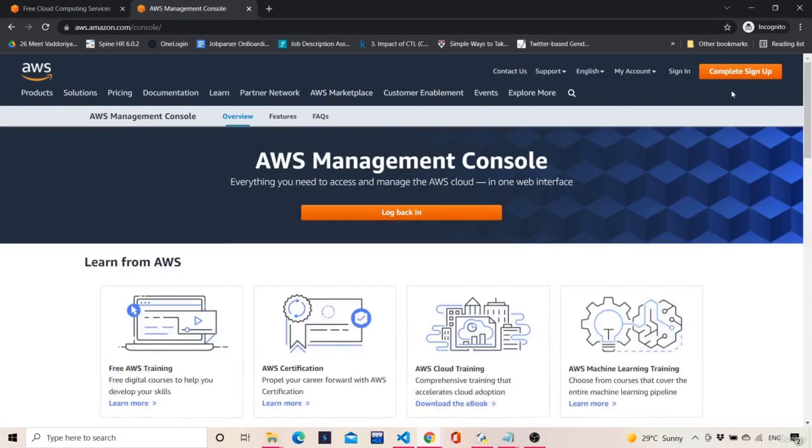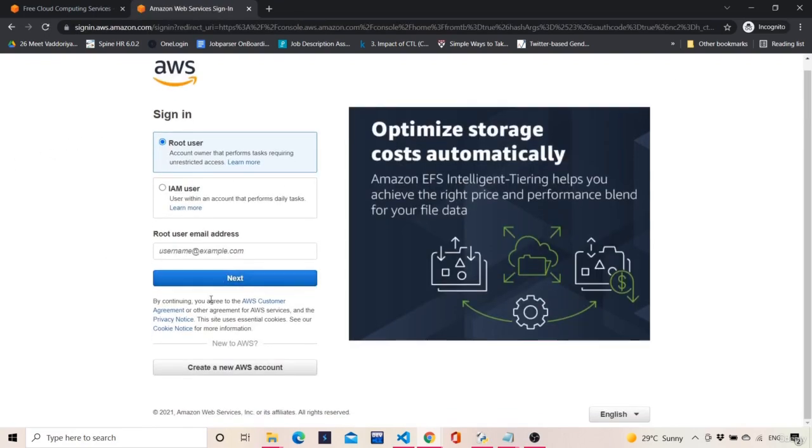Just click on it, and if you are a new user, then please sign in, fill in all the details and press next. At the end they will ask you to credit 1 or 2 rupees, so that they can check whether you are a valid user or not by crediting some very small amount of money, like 1 or 2 rupees, and then provide the free service for 12 months.